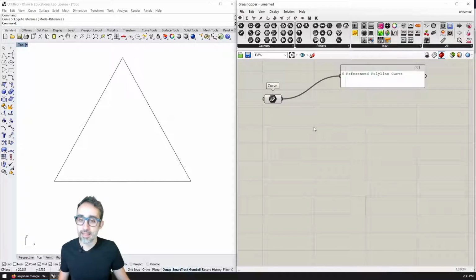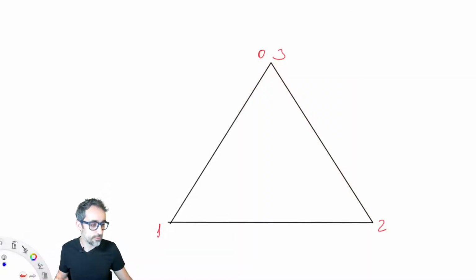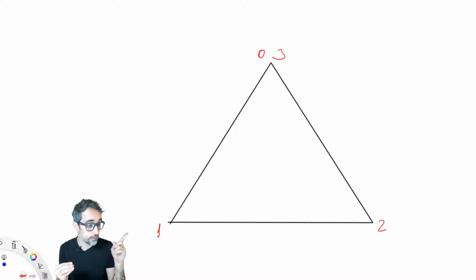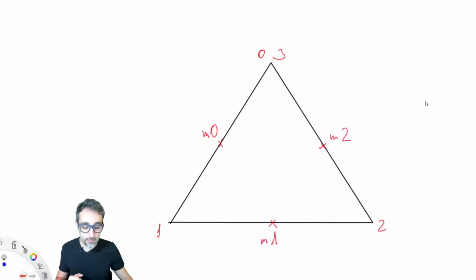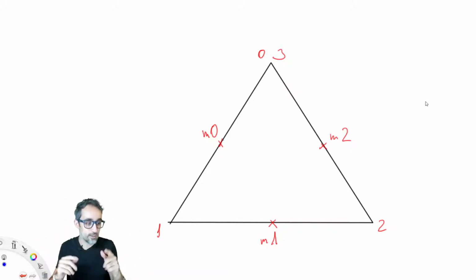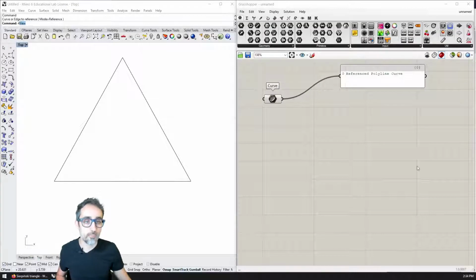Okay. And so the first thing that we're going to do is, as per the algorithm that we were describing before, we need to extract the vertices from this polyline, okay? And then the second thing that we need to do is figure out what the midpoints are for each one of those segments of the polyline. And then after we do that, we will start cherry-picking which ones we need in order to join them with polylines. Okay, so how can we do that?